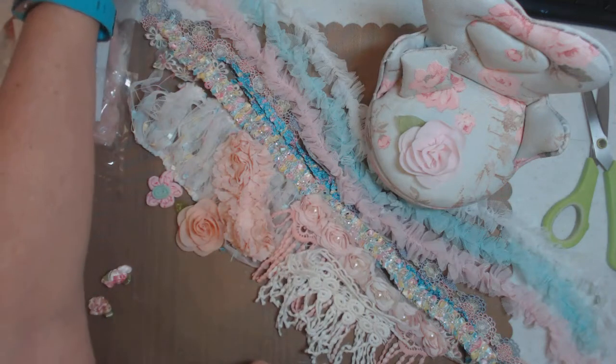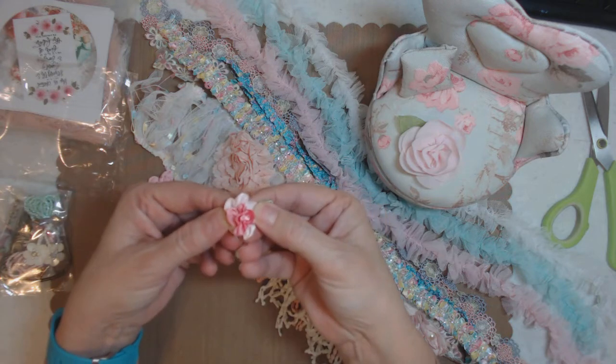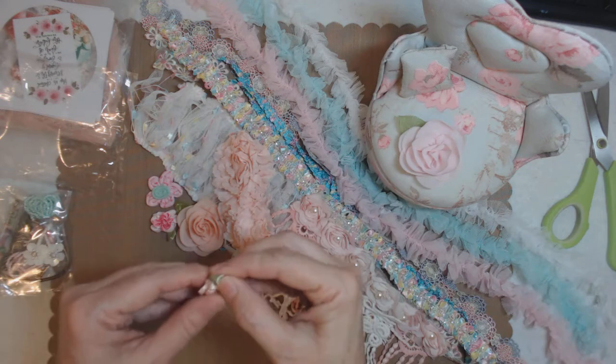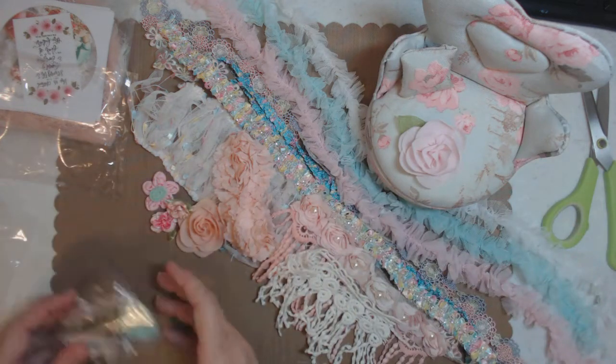And let me put that off to the side so I can fix it. Look how pretty these are. I've bought these before. I use them up really fast. But sometimes I say, oh, let me go do it, and then I have to take a picture of my treadmill readings. So anyway,